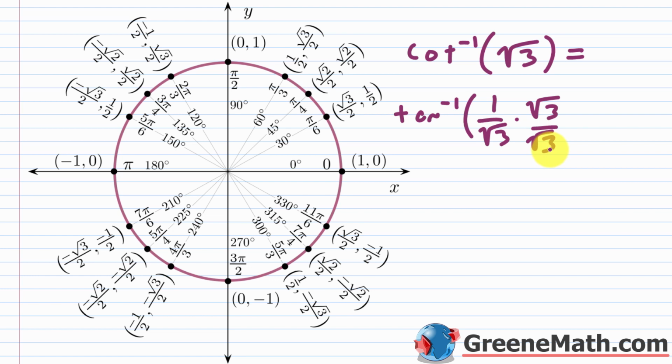It's not necessary with your calculator. It would just be something you want to do if you need to show your work to your teacher. So this would be square root of 3 over 3. And most of you know this is going to be pi over 6, because again, the tangent of pi over